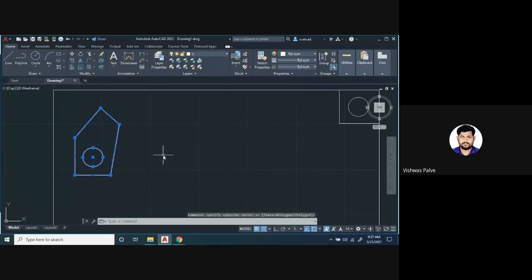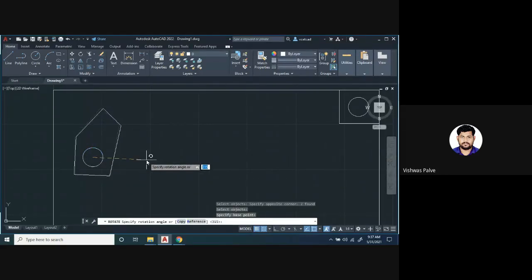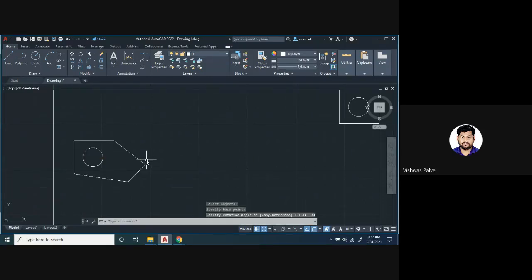Okay. So again, I want to rotate this by 90 degrees. You can use this rotate option. Select the object. After selecting the object, press enter. After pressing the enter key, you have to specify the base point, select this as a base point, then specify the angle. So now if I want to rotate in clockwise direction, I will give an input of -90 with the keyboard, and then I press enter. So it will rotate by -90 degrees. Is that clear? Your doubt of rotation? Yes, sir. Okay.